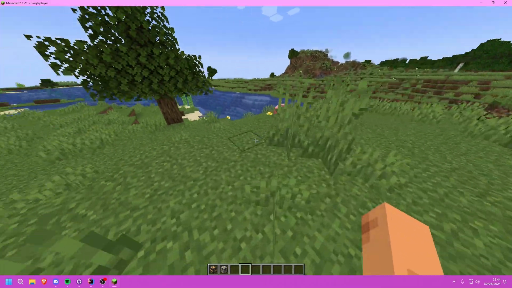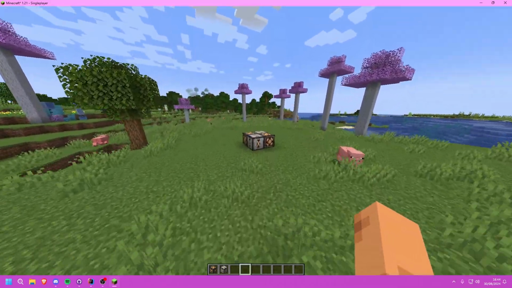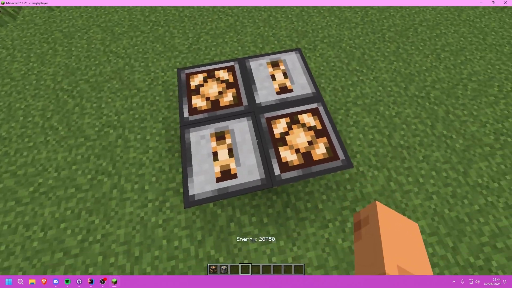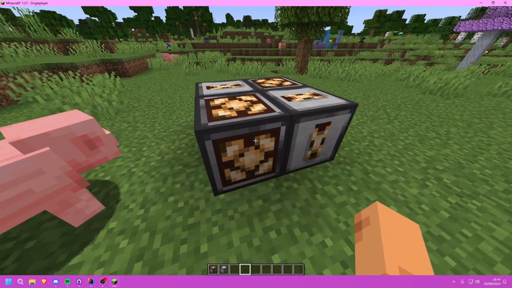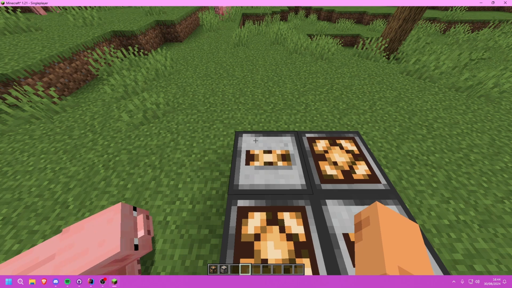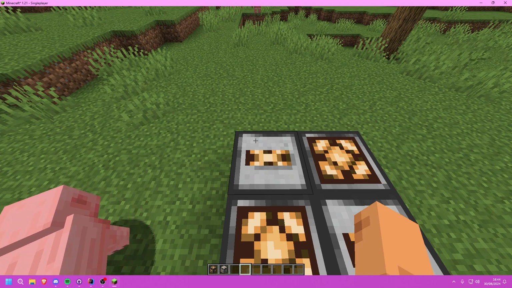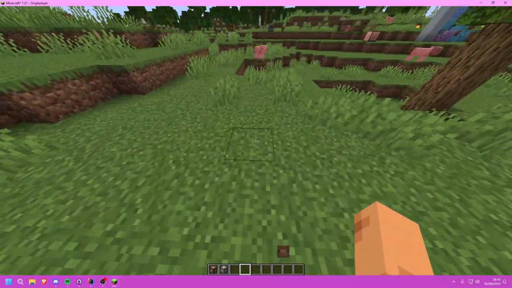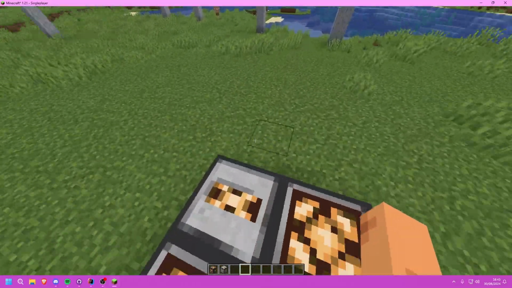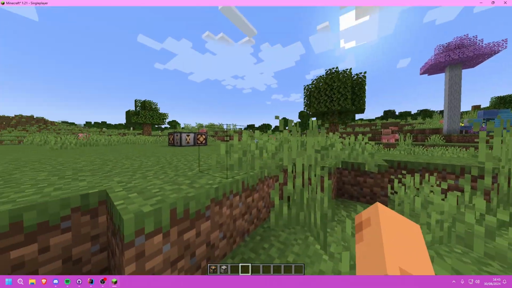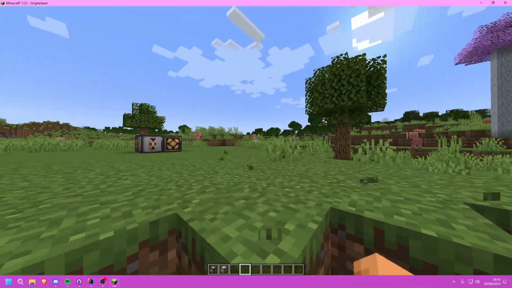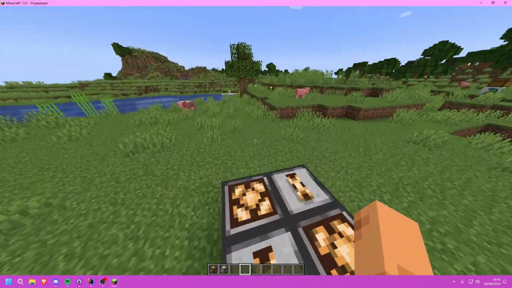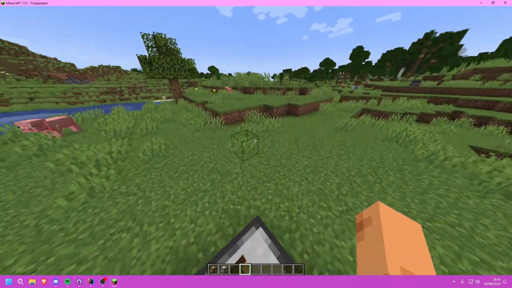What it will be, I don't know as of current. I'm thinking possibly inventories, but I'm more inclined to do a GUI so that we can actually show the amount of energy that's stored in these in a GUI. And then after that, we will talk about syncing, because we need to sync. In fact, we might do that in the same tutorial, and then possibly inventories, because doing inventories without GUIs is a bit weird. So we won't probably do that. It will probably be GUIs first, and I also do hopefully plan to have the entity tutorial out next week too. I'm not going to guarantee that, but hopefully it should be,